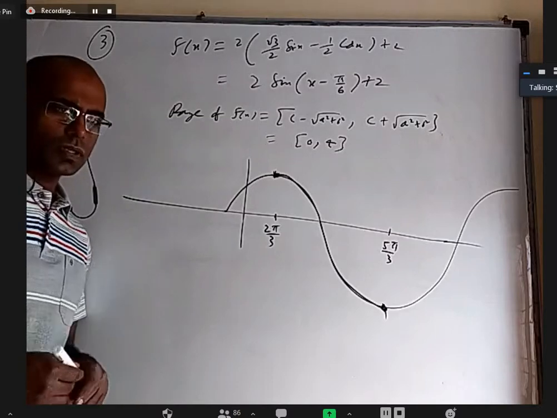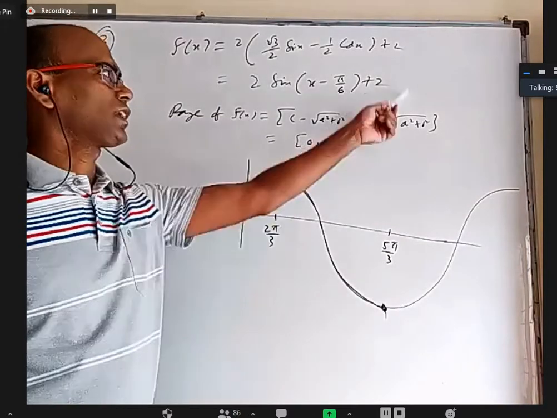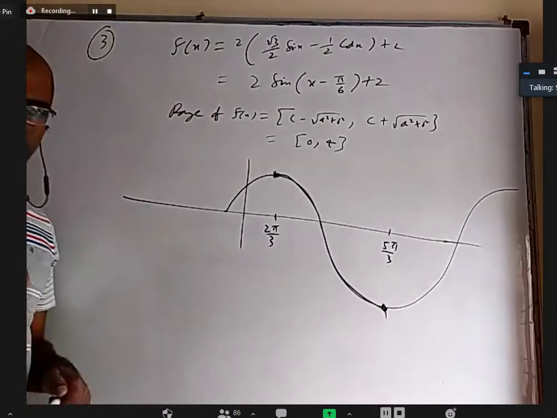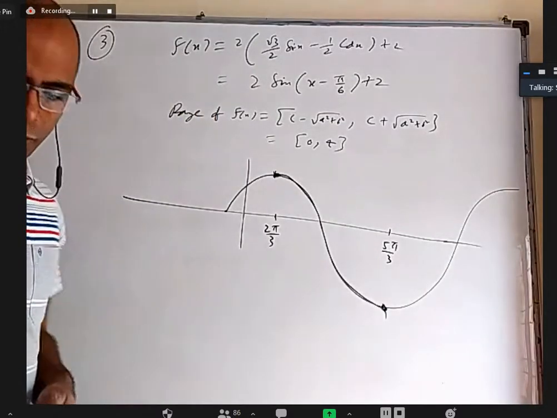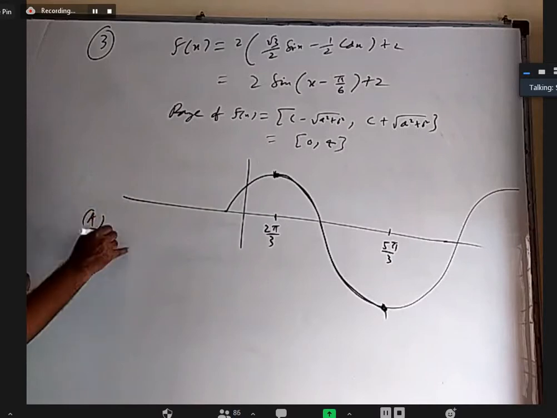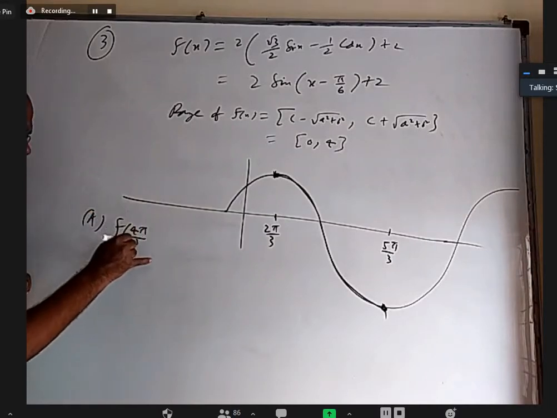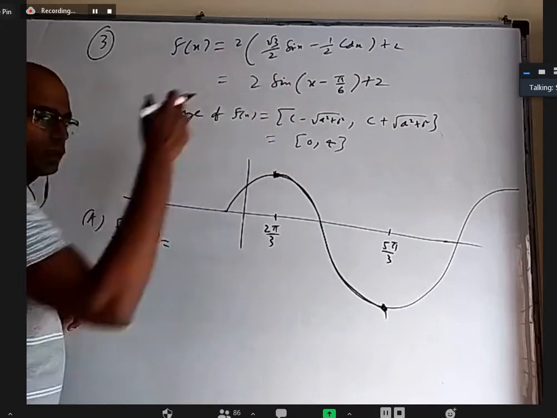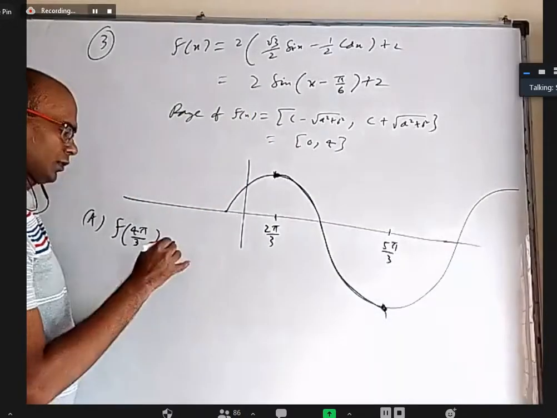Okay. So instead of finding the inverse function, I can take f inverse equal to y and find it. I'm going to verify each option differently. Instead of finding f inverse 1, I'll find what is f of 4 pi by 3. Option A, let us find f of 4 pi by 3 directly. You can put it here or you can put in the original definition, anything you want.